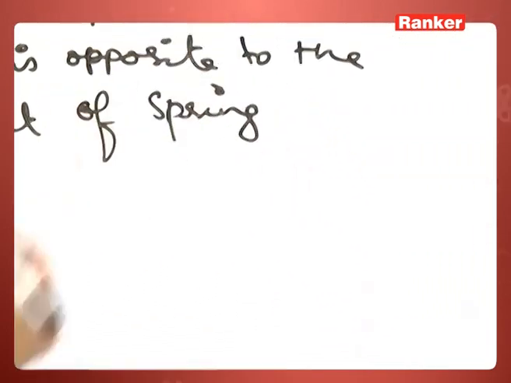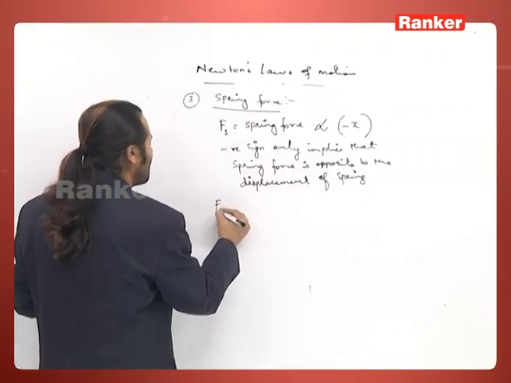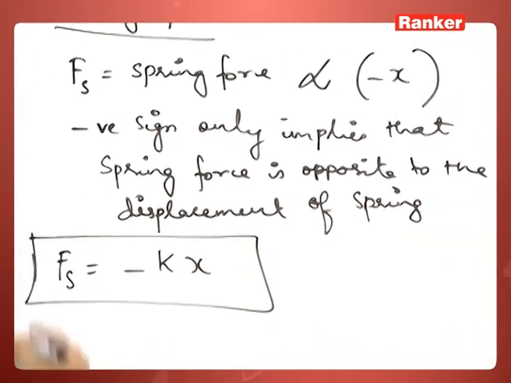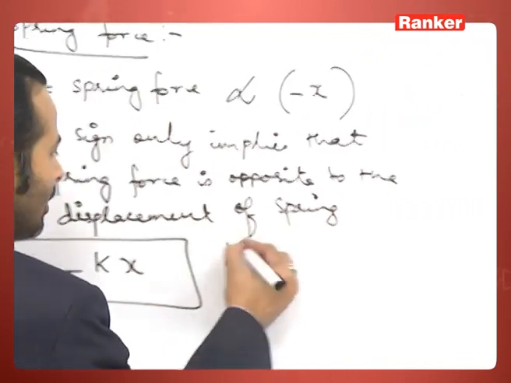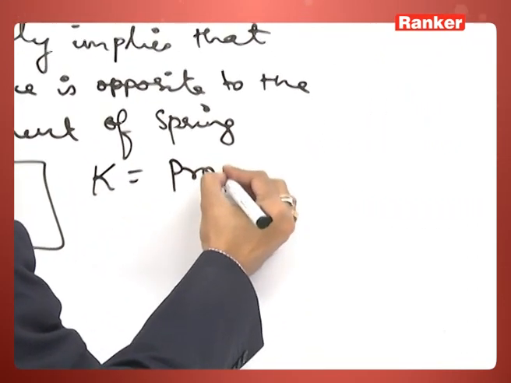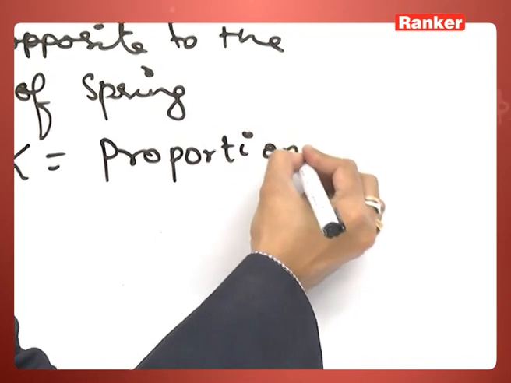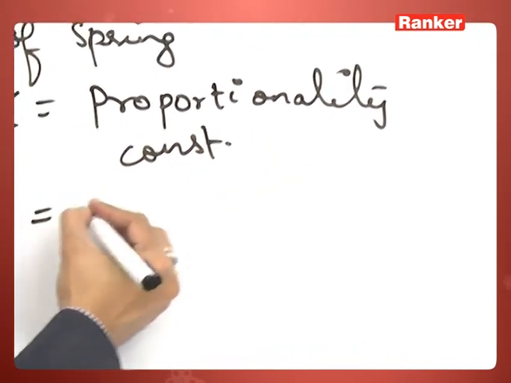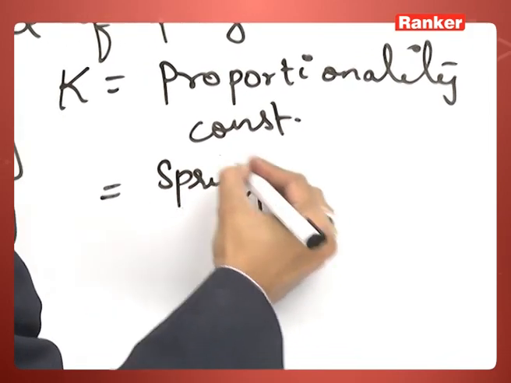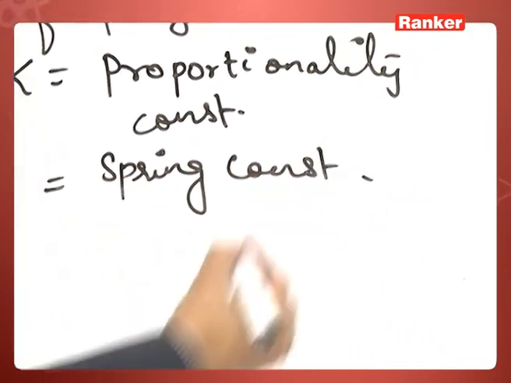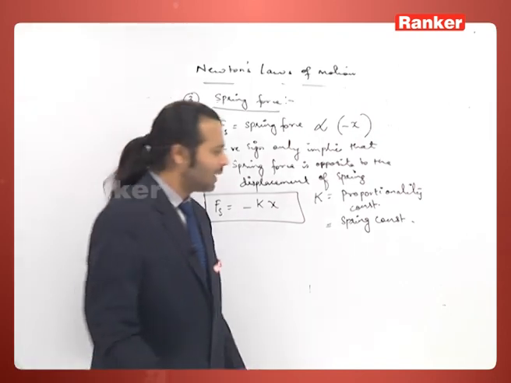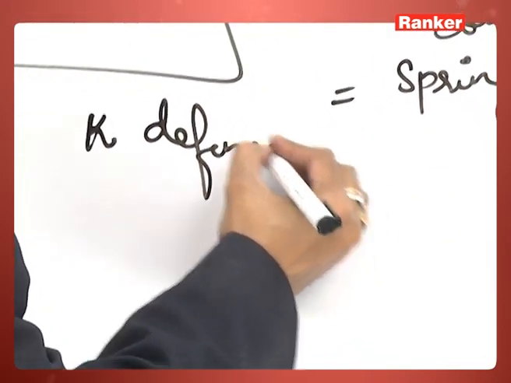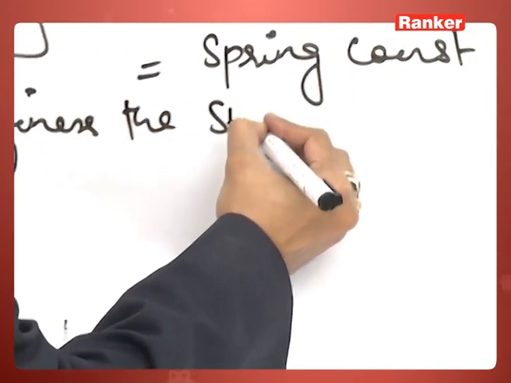So when I remove this proportionality sign, I get Fs is nothing but minus Kx. So obviously this K is known as the force constant or spring constant. Now what does this K define? Here K defines the stiffness of the spring